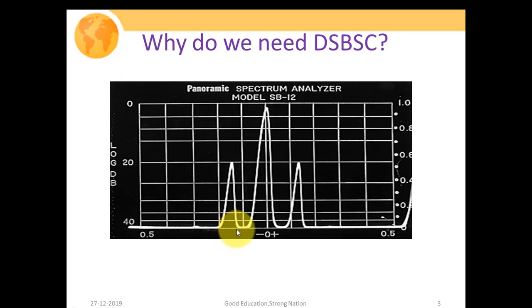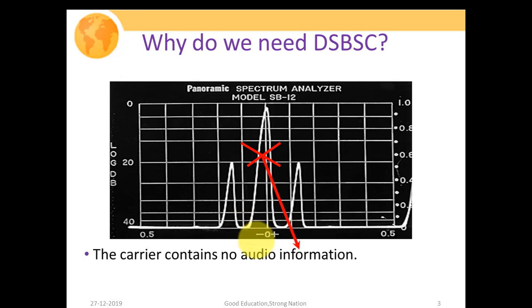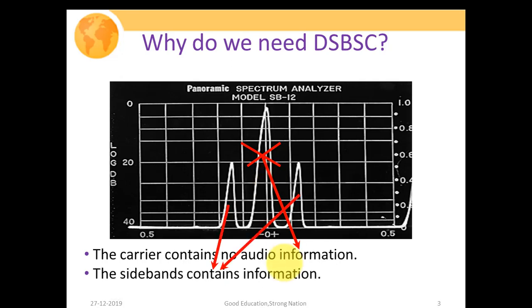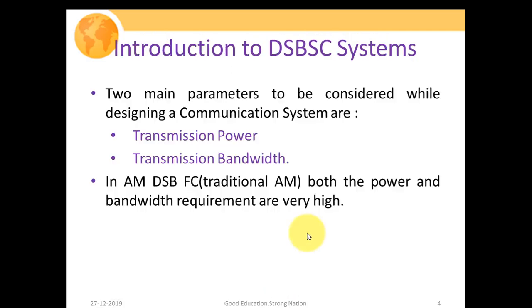Basically, both the upper sideband and the lower sideband have got the same information signal. So for the sake of communication, if we do not pass the carrier signal, then we are not going to lose any sort of information as long as we are passing both the sidebands. As we have already mentioned, the carrier signal does not contain any sort of information. All the information is contained in our sidebands. So these are the sidebands which contain the information.